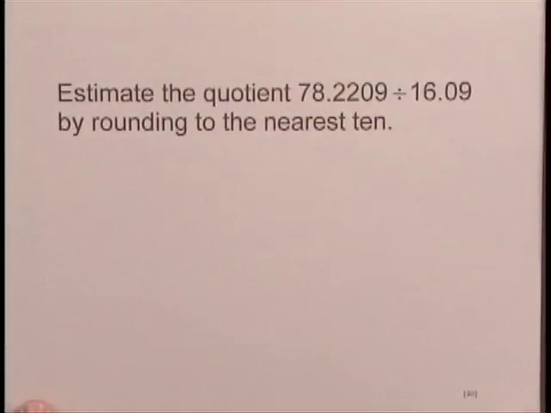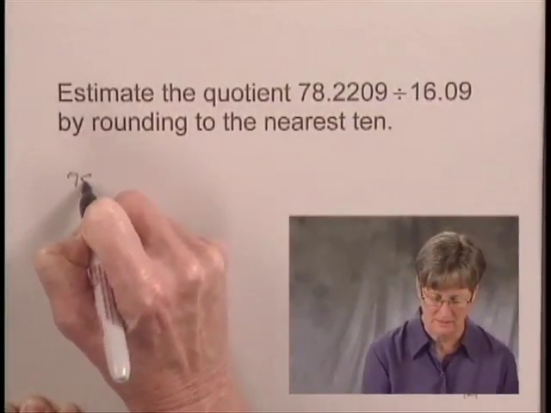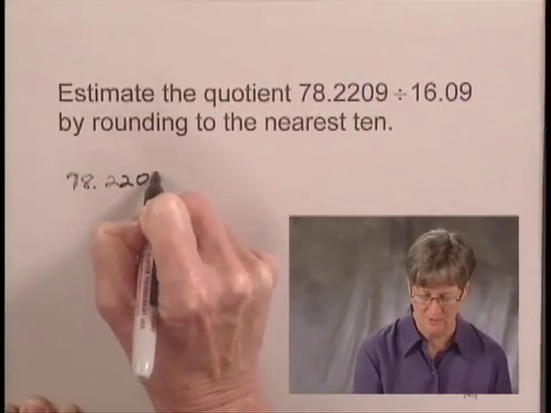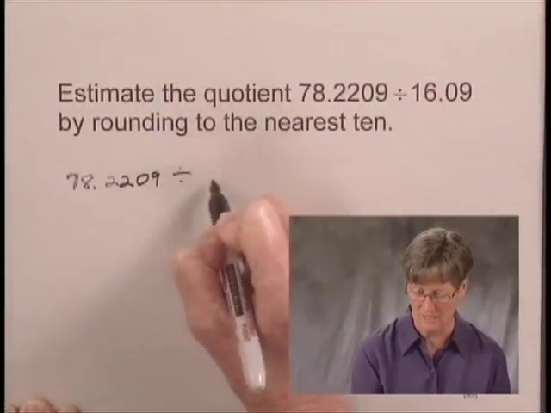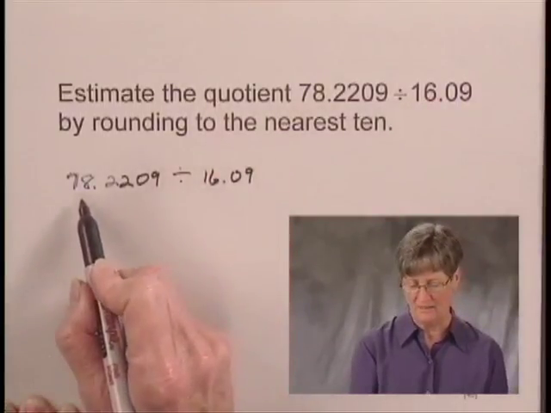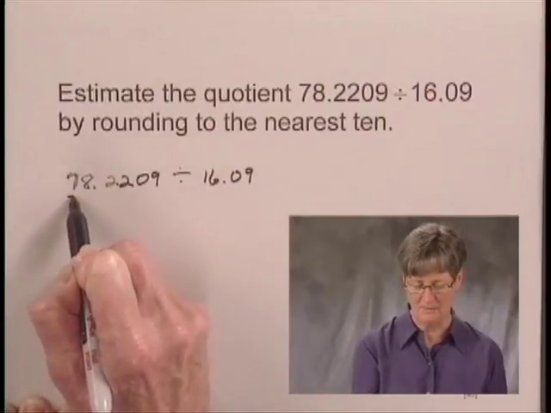This exercise involves rounding. We're going to estimate the quotient 78.2209 divided by 16.09 by rounding to the nearest 10. So we have 78.2209 and we're dividing by 16.09. When I round 78.2209 to the nearest 10, I see that 7 is in the tens position, in the